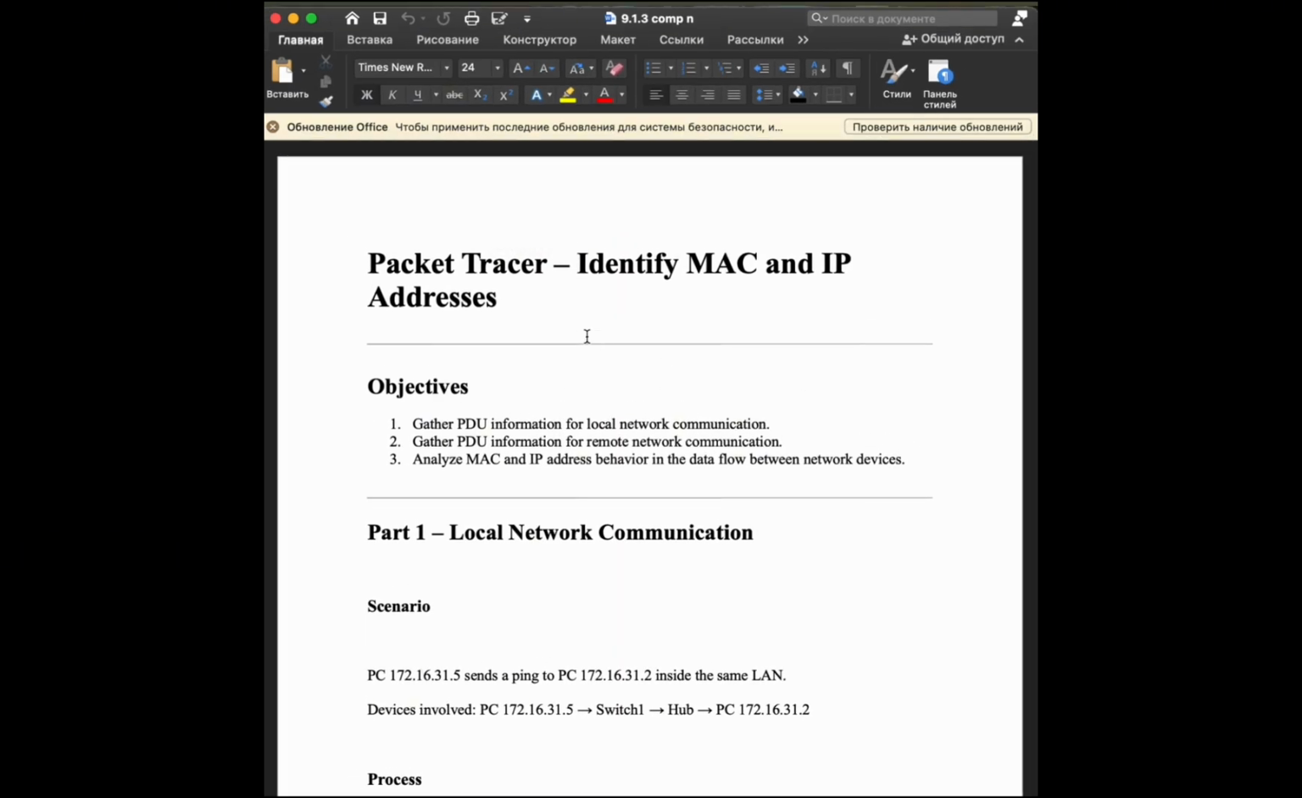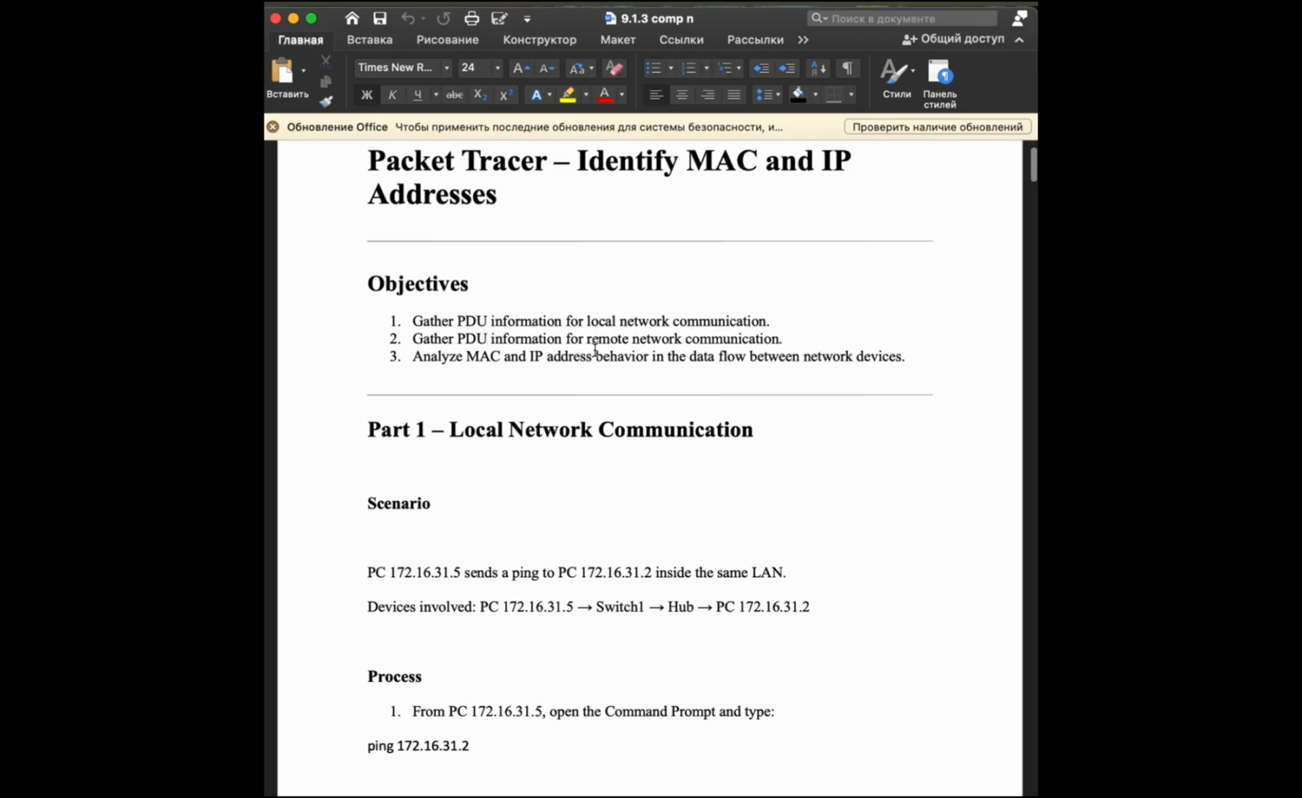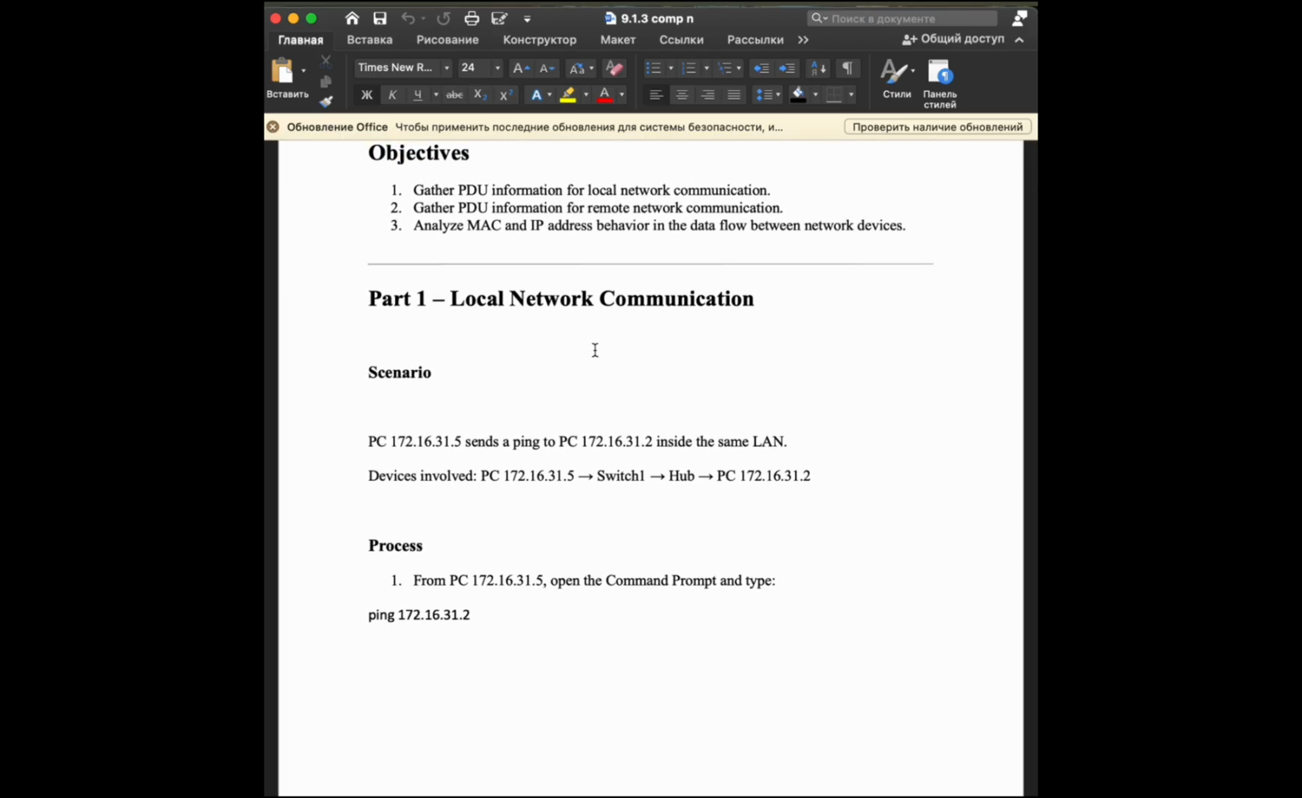This is my defense. Student Shamil Nartai, group SC 2327. So first of all, I'm gonna defend the first task in the assignment. It's about identifying MAC and IP addresses. So basically,